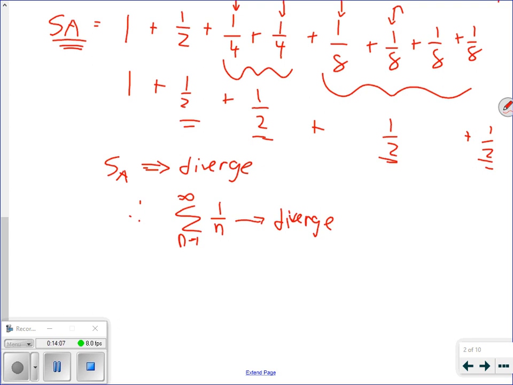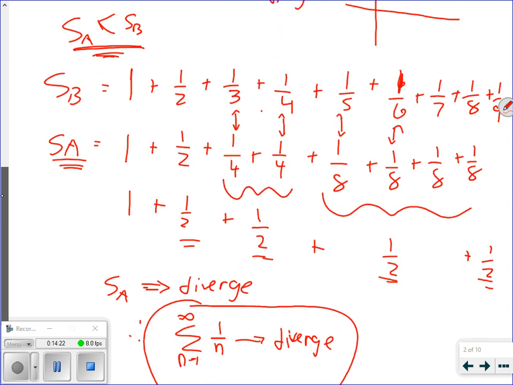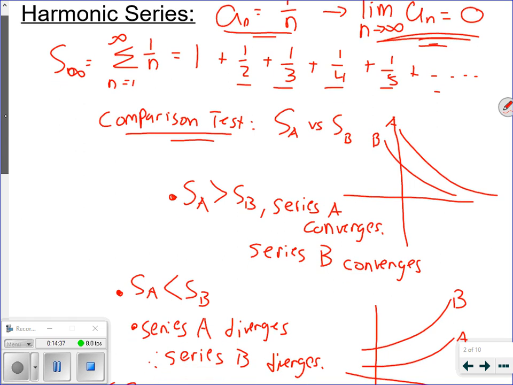This is actually a pretty cool idea that we're going to use later on when we get to something called p-series. I want us to understand that the harmonic series, 1 over n, diverges. And I gave a little bit of a proof there. But I think this is a cool example to counter something we haven't seen yet: the fact that a sub n, 1 over n, clearly approaches 0. So we know that the sequence approaches 0, and we know that the fractions are getting fractionally smaller. But based off of a simple comparison test here,